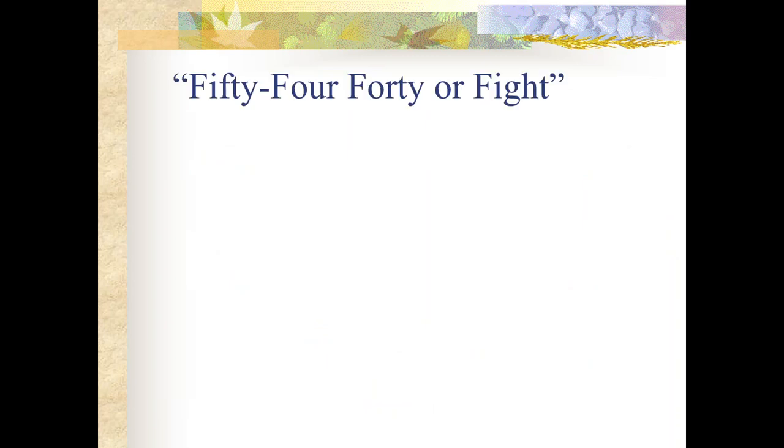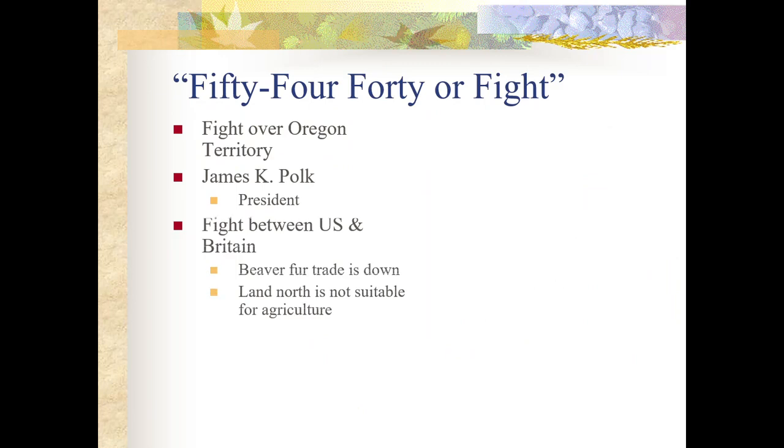So the last component to try to round out American borders was that of the Oregon Territory. John Quincy Adams, as Secretary of State for James Monroe, was able to solve a lot of disputes along the Great Lakes, but the one area still heavily disputed between Great Britain and the United States was the Oregon Territory. And so this was going to be the great fight. President James K. Polk was an expansionist. He wanted to see the United States expand to the Pacific Ocean, and so he campaigned under the concept of 54-40 or fight.